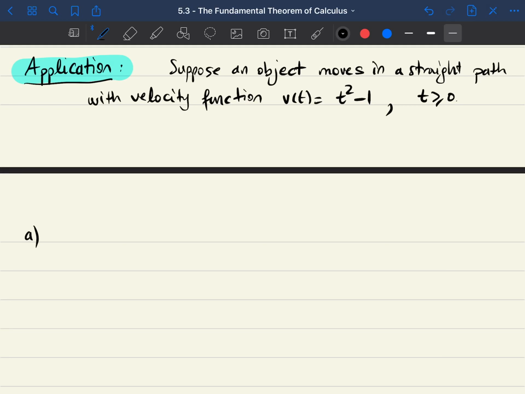So the first question is find the displacement of this object during the time interval